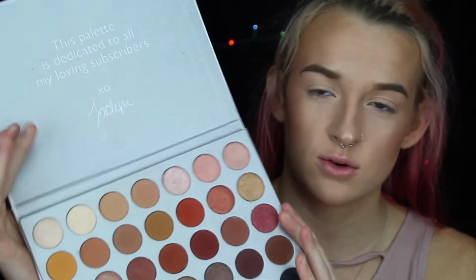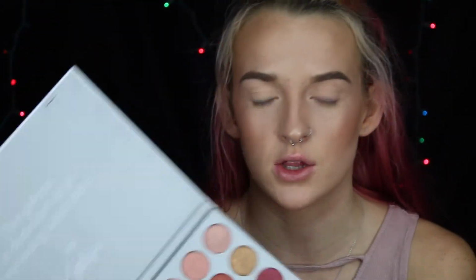That is one thing that I really wish was in the Jaclyn Hill Morphe palette, an all over lid shade, because there's not one. We do have two light shimmery colors. I think one of those could be a normal skin tone shade, but I'd much rather have all these extra colors than have a skin tone shade that you can get from a translucent powder, any other palette, your face powder. So I totally understand why it's not in the palette, but it is very convenient because